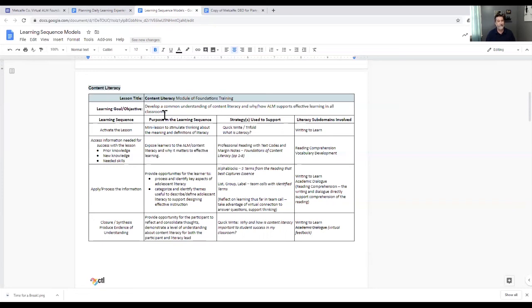If we had been in a face-to-face training, we would have immediately then had you debrief some of that writing with an academic dialogue strategy, maybe a think, pair, share, or a small group debrief of the day. But again, thinking about how we would have coupled the different parts of that thinking so that we get more of the brain involved. Because we were in a virtual environment and it was relatively asynchronous, where you were doing some on your own and some together, we decided to drop the academic dialogue part so that we could just get that final piece and get you to share some of that so that we would have it long